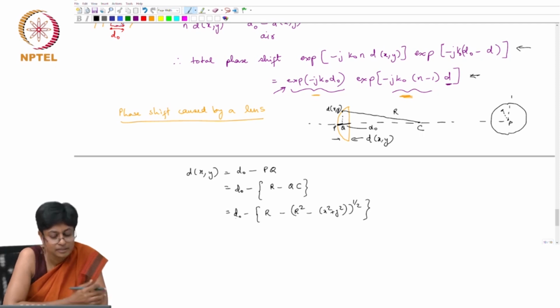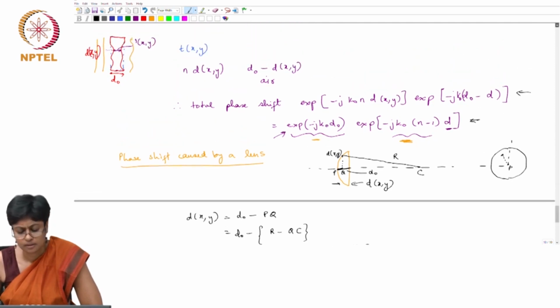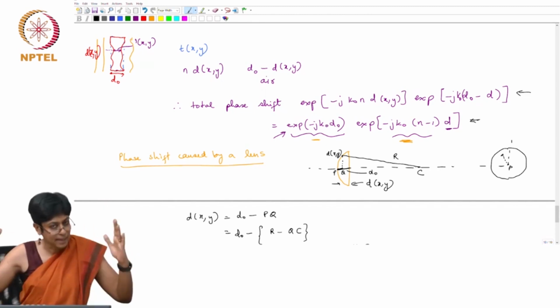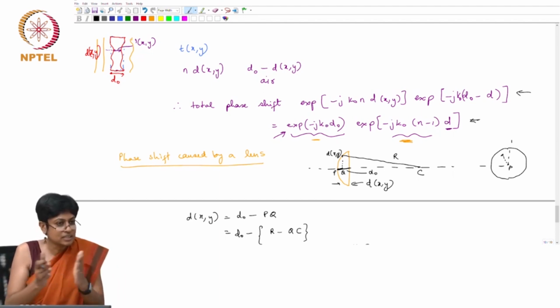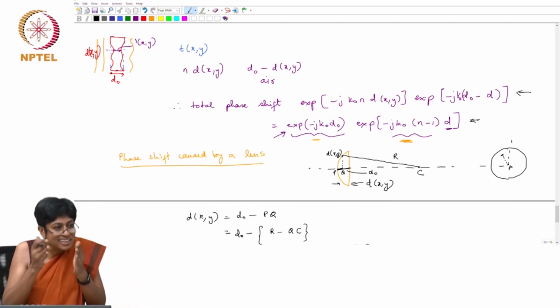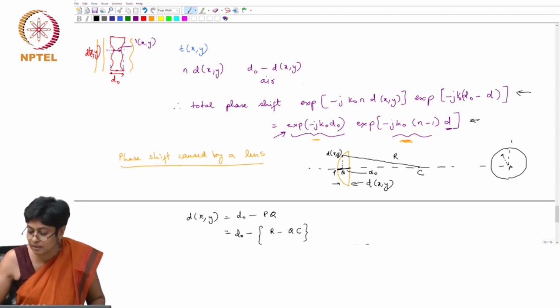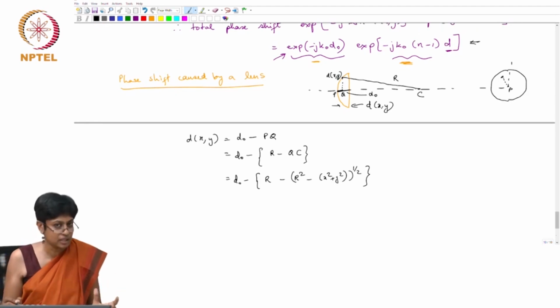Yes. Go back and look at the figure we had over here. In order to find out the thickness anywhere, we took the maximum thickness minus the distance traveled in air. Or to find the distance traveled in air, we took the maximum thickness minus the thickness of the glass slab at that point. So we're doing exactly the same thing here, except now rather than saying we have an arbitrary variation in thickness, we have a specific variation in thickness.